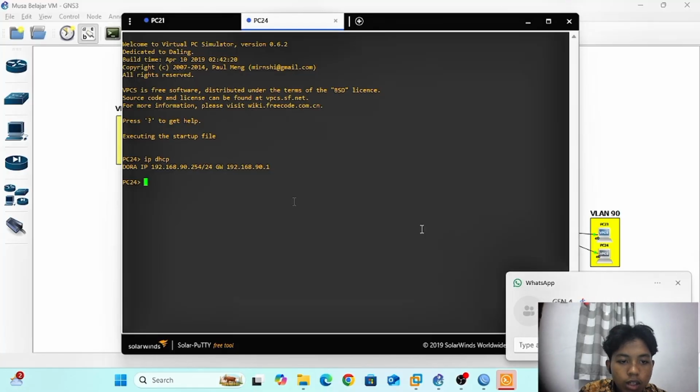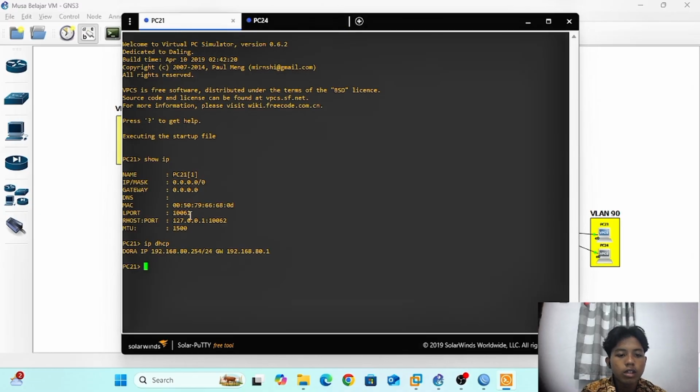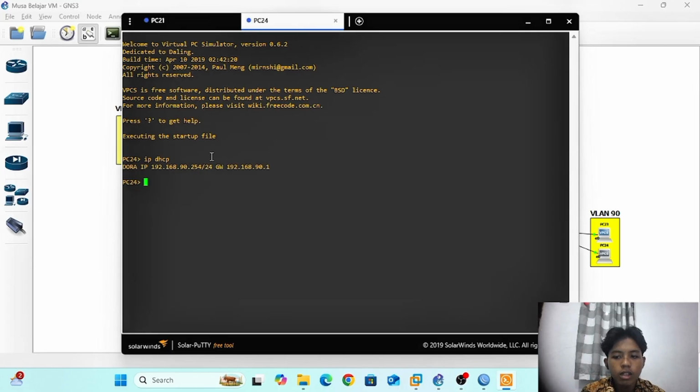Now you can see the segment 19, and I want to ping from VLAN 18 to VLAN 19.